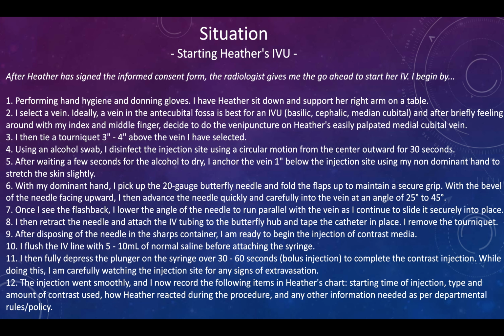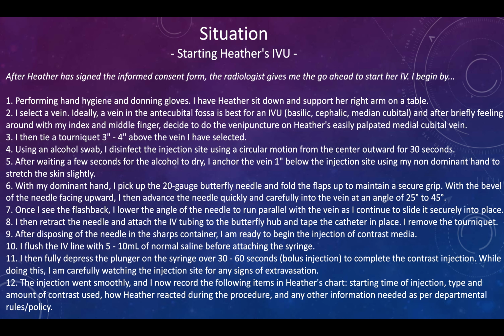I then retract the needle and attach the IV tubing to the butterfly hub, and I take those two wings, place them down against her skin, and tape them into place. At this point, I will remove the tourniquet. So I will toss the needle in the sharps container, and now we are ready to start with the injection